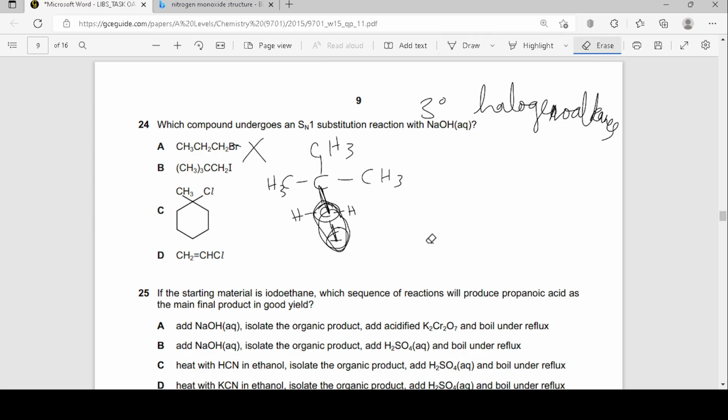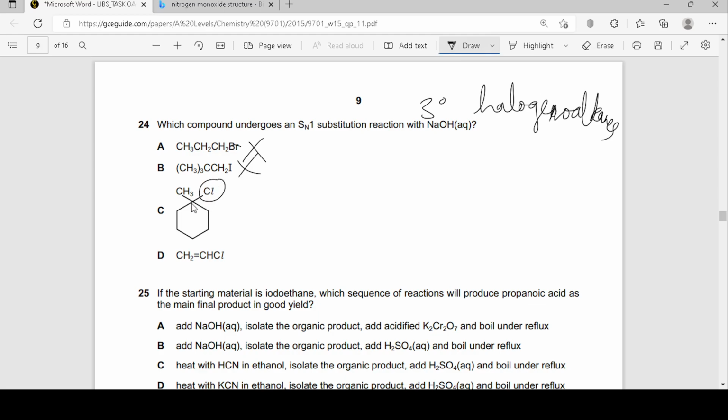Yeah, so that is a tertiary halogenoalkane. This is a primary halogenoalkane because this carbon is attached to 1 carbon atom directly, right? So this is a primary one, so I can cross that out as well. Sometimes I just get confused, and that's normal actually. Anyways, if I look at this chlorine, it's attached to this carbon directly, and this carbon is attached to 3 other carbons directly, so that means that this is a tertiary halogenoalkane, which means it must be my